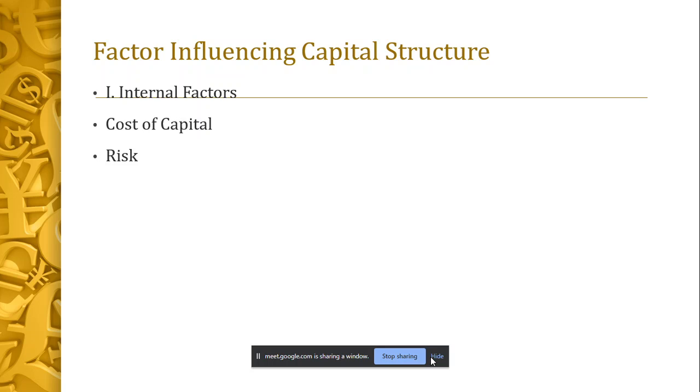The next one is risk. Now, risk is nothing but the uncertainty, right? The probability. I have invested, I do not know whether I am going to get back my investment. If I get my investment back, will I get something less than what I have invested? Will it be something equal to that? Will it be more than what I have invested? That probability, that unknown scenario, is called risk.